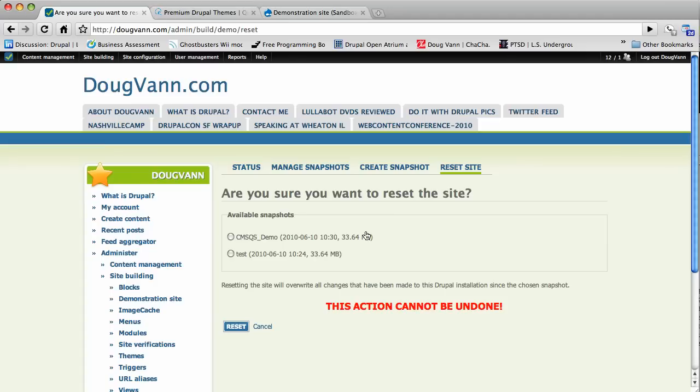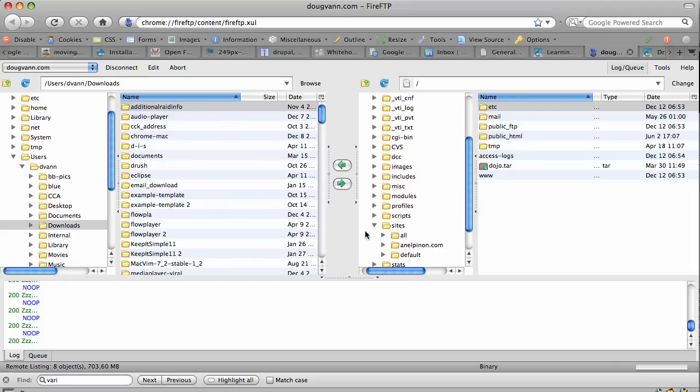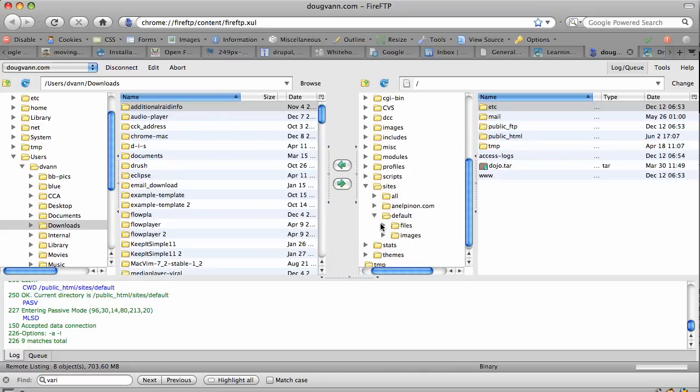Well, there's a couple different ways to do that. The way that's kind of not fun at all is your old friend, the FTP. If you've seen my videos before, you've seen me demonstrate FireFTP. Cyberduck's another example. There's no end to all the FTPs out there. Some people use Dreamweaver as an FTP because they're so familiar with using Dreamweaver. What I want to show you here is in the sites, default, files,